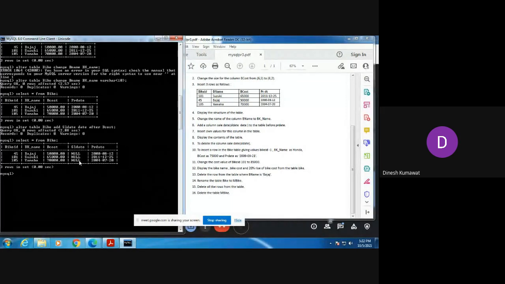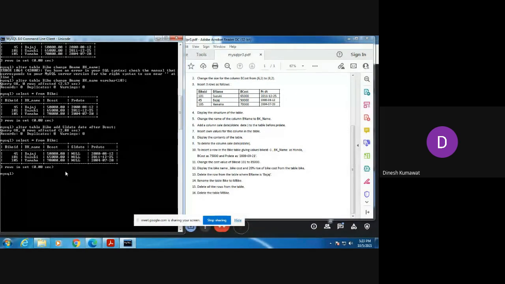Okay, now we need to insert our own values for this column in the table. As you can see in this table, it is showing me null everywhere in the column SL date, which means we haven't entered any entries in this column. Now we are going to enter the entries corresponding to these 3 rows in SL date. SL date is nothing but the sell date.